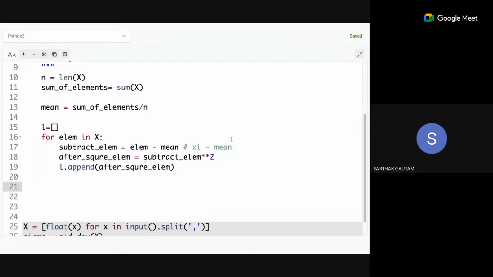After coming out of the for loop, now I need to add all that squared thing. Now I'll use the sum function again, right? So sum squared difference will look like